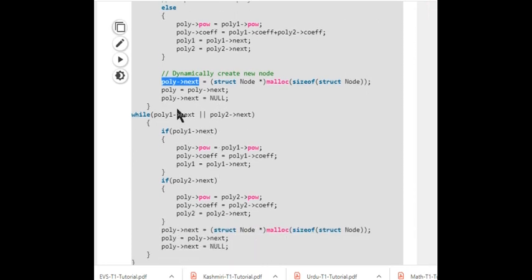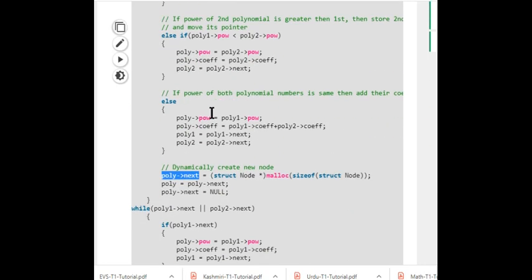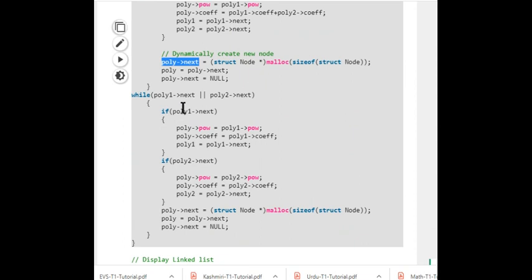Now if you exit that while loop, which said if both are not equal to null, in case one of them is null, you check which one is null. Have you hit the end of polynomial 1, or have you hit the end of polynomial 2? This is if you have hit the end of polynomial 2, so polynomial 1's next is still not null. You copy all the values of polynomial 1 to your resultant, and then it will get created at the end here. Otherwise, if polynomial 2 still has some nodes, you copy them